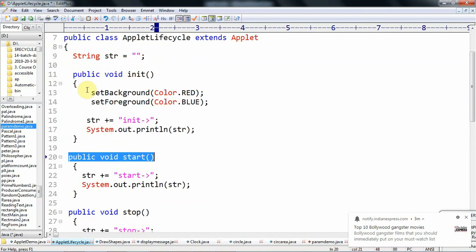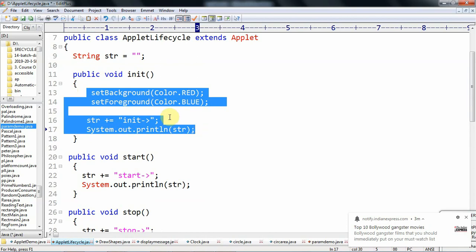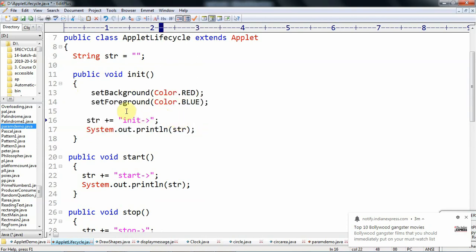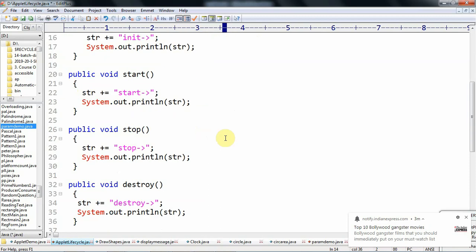Whenever the applet is loaded, that applet first executes the init method, and this method is executed only one time. That's why here we write initialization activities or one-time operations. The next method automatically taken for execution is the start method. For indicating that, we add the start string to the earlier str, then we print that message on the console.